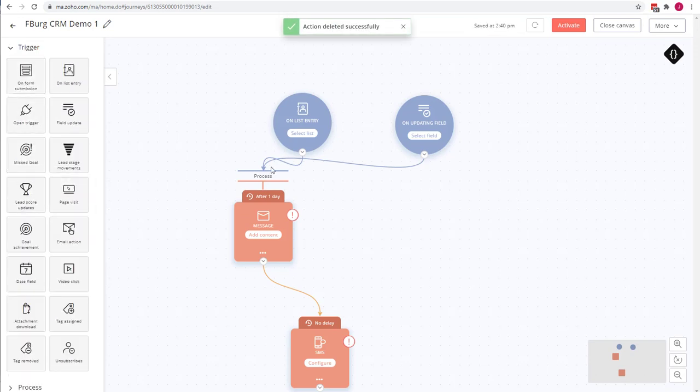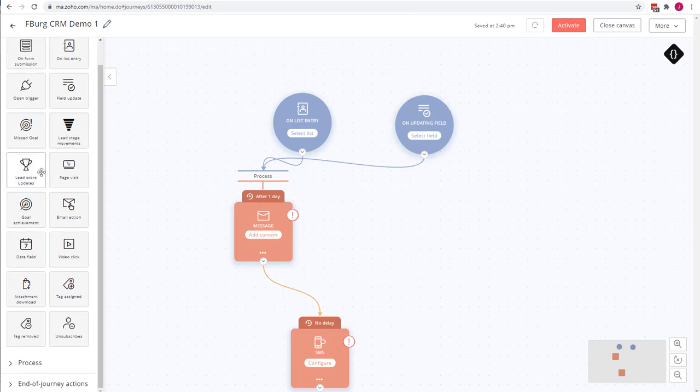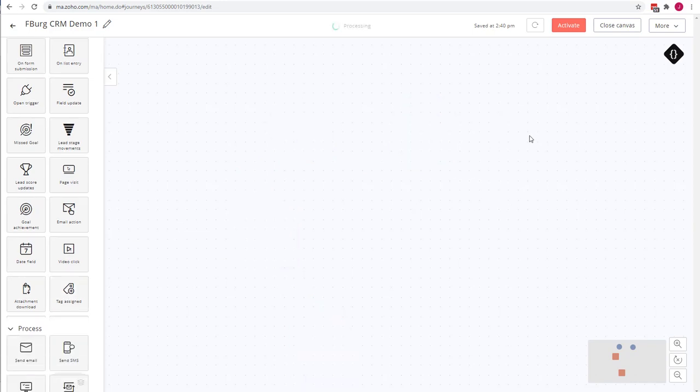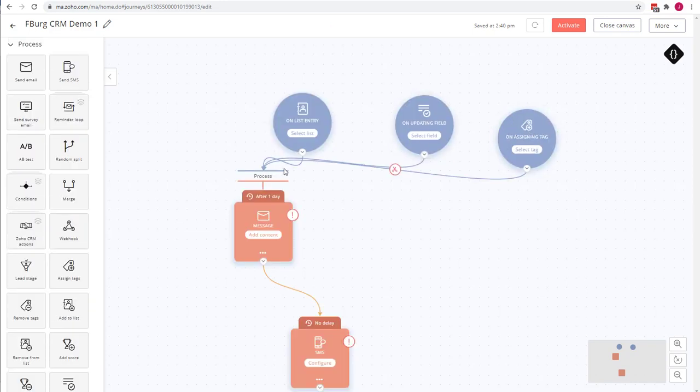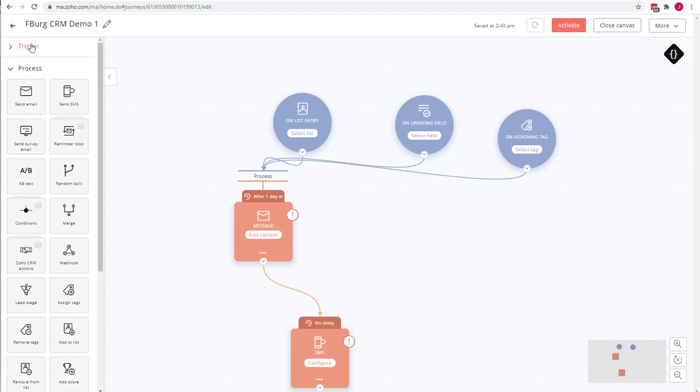Now obviously it doesn't make sense to have both of these triggers. I mean, you could, but I'm just showing you that we're going to add them in here. Tag assign, right? So once a tag is assigned, then start this journey. What else do we have here? So if we go back to trigger here,